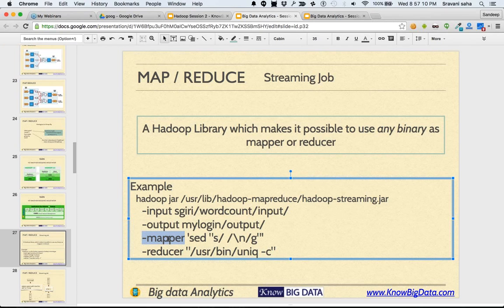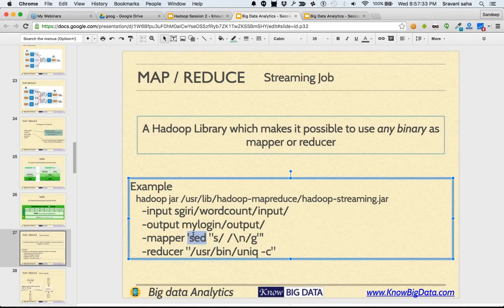Then this program will take the input from standard input and do whatever it wants to do. For example, our script can take the input from standard input, do the churning in whatever way it wants, and produce key value pairs. Once it has produced a key value pair, it will just put it in the output.